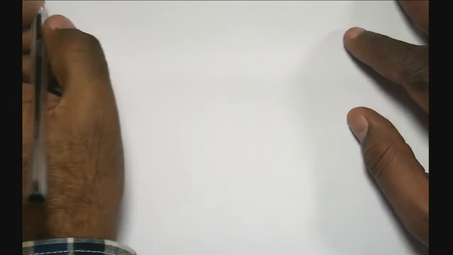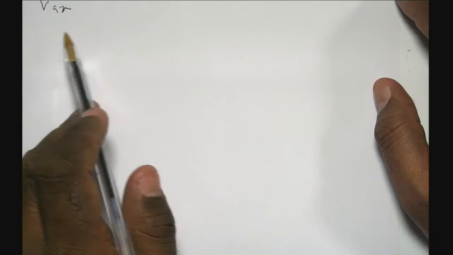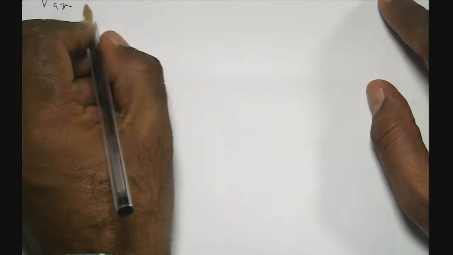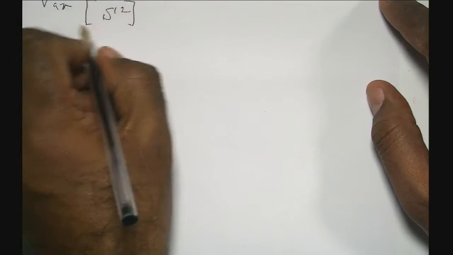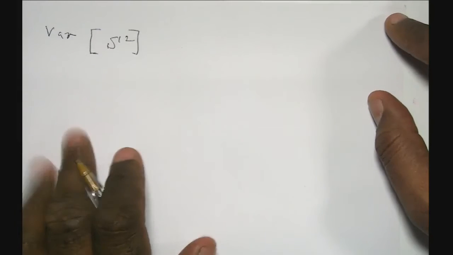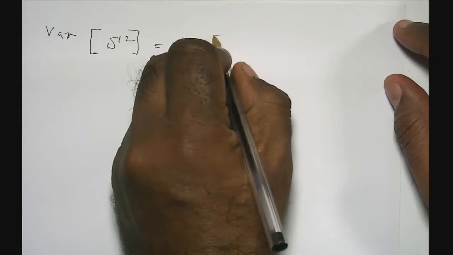To do the second part, we need to compute the variance, because remember, if an estimator is unbiased, then the MSE is the same as the variance. So the variance of s squared, I'm gonna apply the same trick, guys. I'm gonna write the variance of s squared as